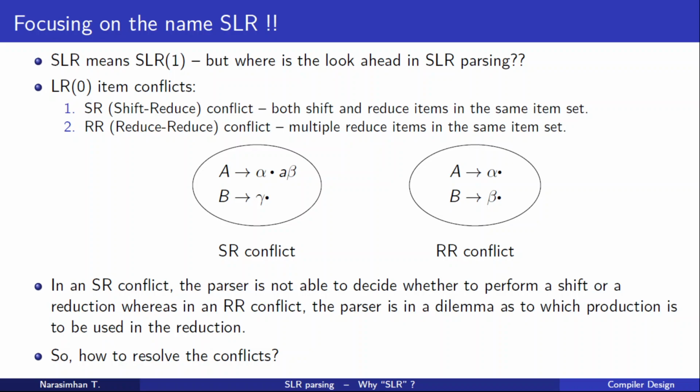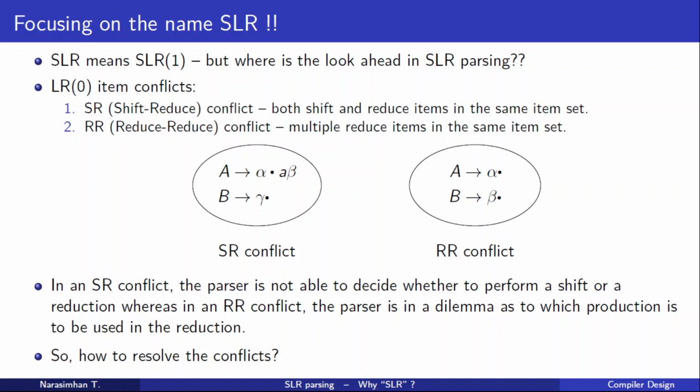Remember when we started a discussion on LR parsers, we generally say LRK parsers, where K is the number of look-ahead symbols. I told that when the number of look-ahead symbols is 1, that is when K equal to 1, we don't specify it as LRK, we just specify it as LR. We just omit the K. So when you simply say LR parser, it means that the number of look-ahead symbols is 1. So when I say SLR parser, what does that mean actually? When I say SLR, what it means is the number of look-ahead symbols is 1.